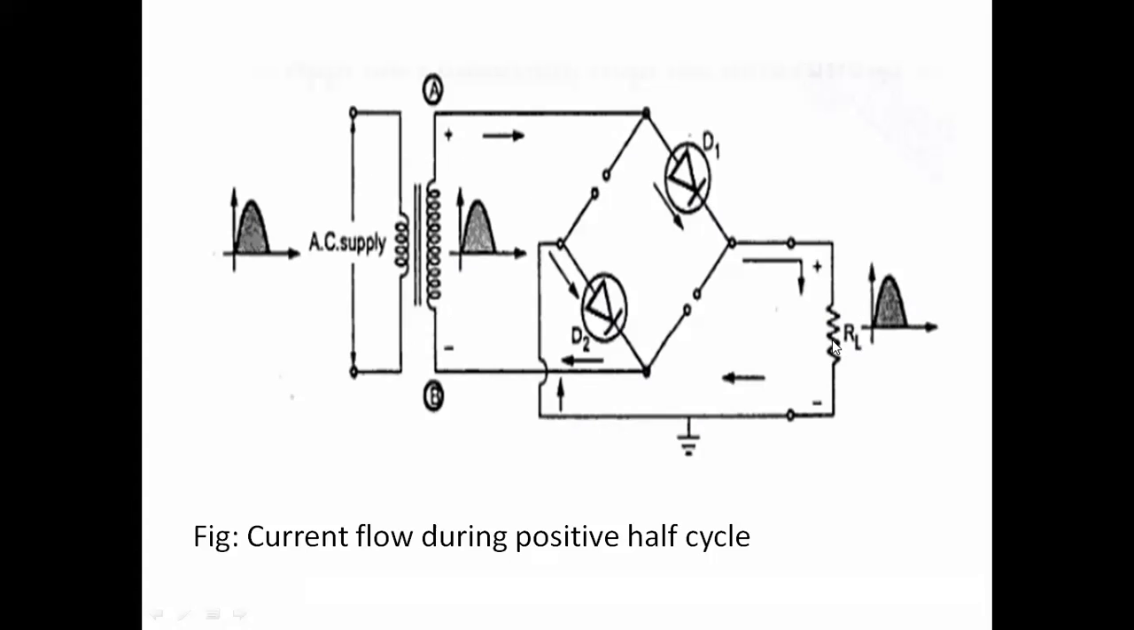If you observe, the direction in which current flows through this RL is positive only. There is no reverse direction. That's why in both the forward, in both the